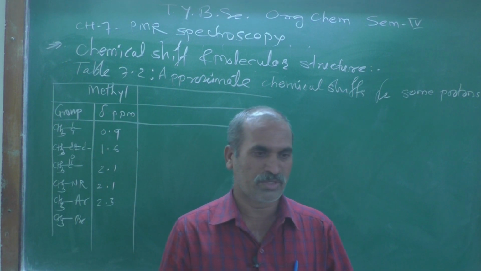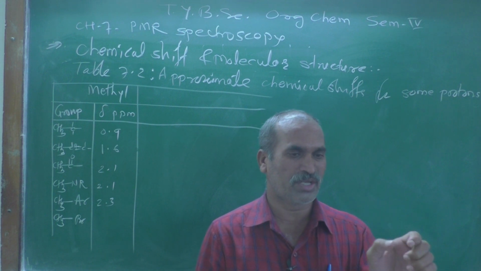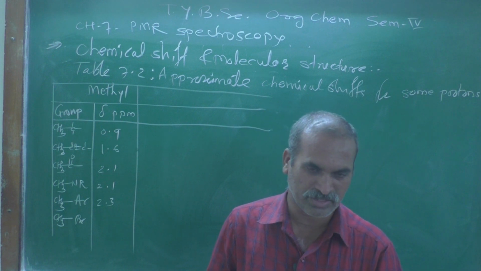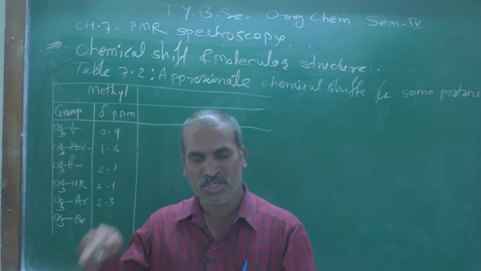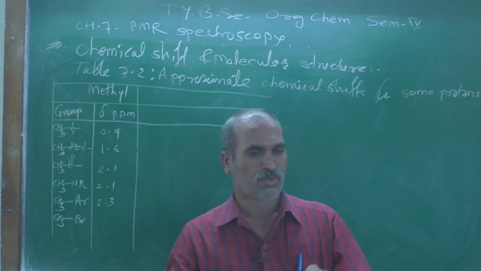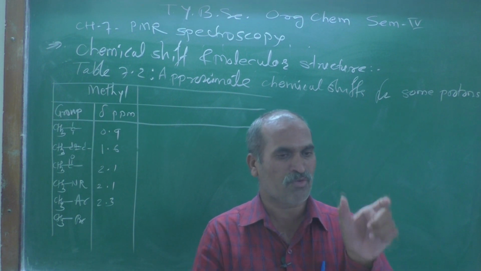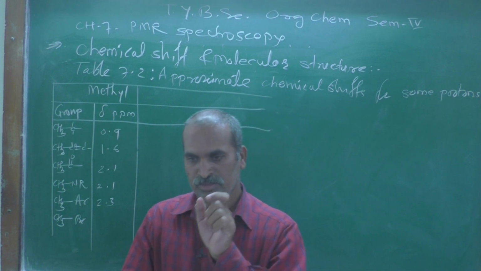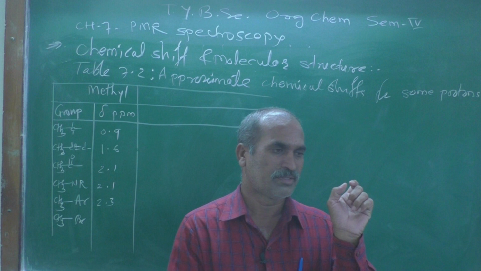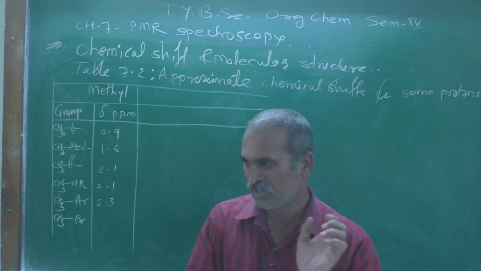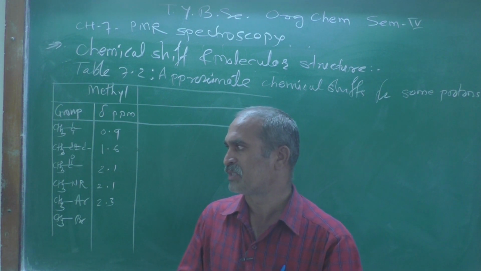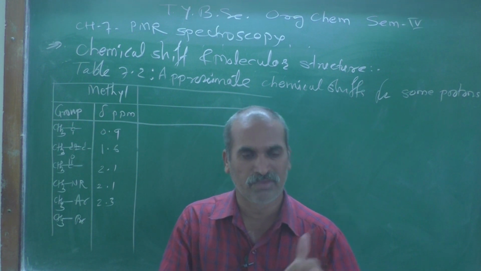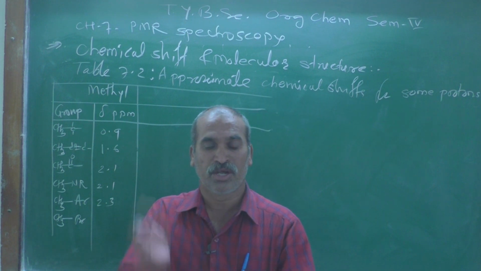What we found is that the most deshielding effect is found when fluorine is present, and the least deshielding effect is found when iodine is present, and we have given the justification based on